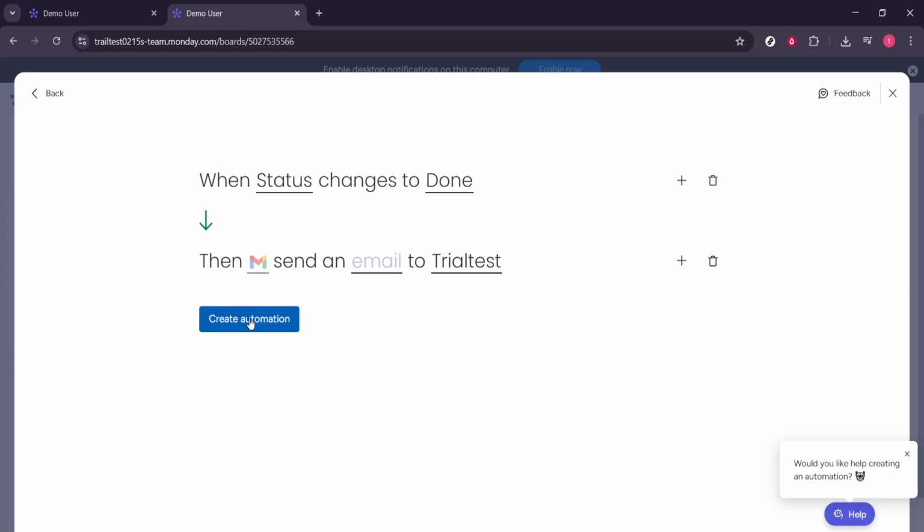To finish, click Create Automation. That's it. Your board now includes a rule that listens for a status change and, when it matches your selection, triggers Gmail to send your message to you. From here on, every time that status is updated to the value you chose, your email will go out automatically,